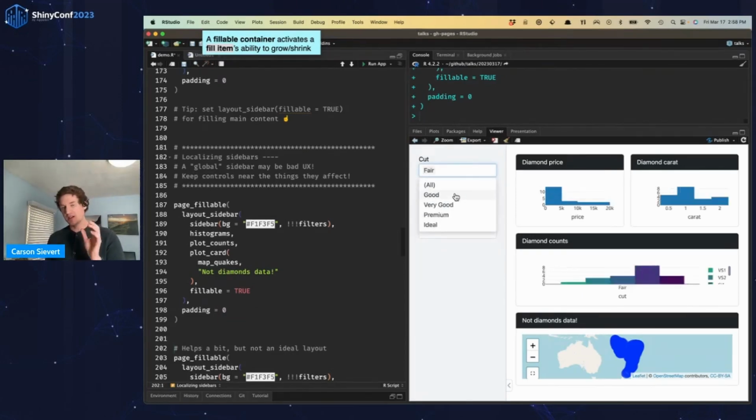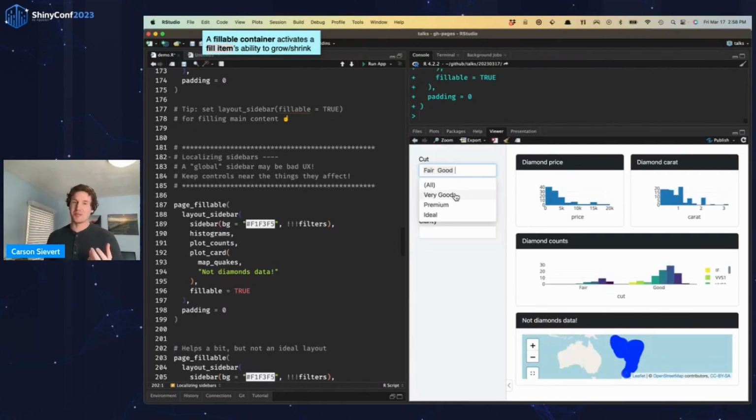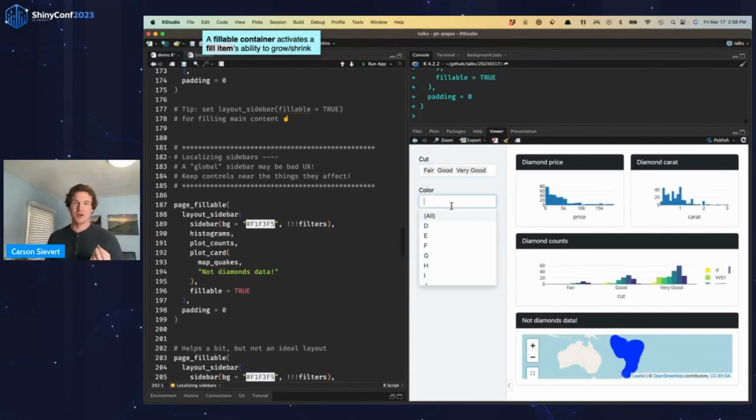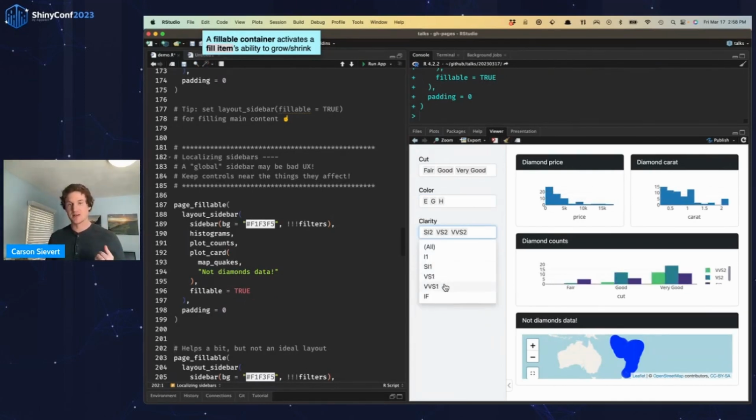These input controls, I didn't really point this out, but I have the ability to go in and change the cut and color and clarity of the diamonds that I'm looking at. And that's going to update all of these diamond specific outputs, but it's not impacting what information is being shown on the map. This is an entirely different data set, and these input controls are just not semantically related to this mapping visual.